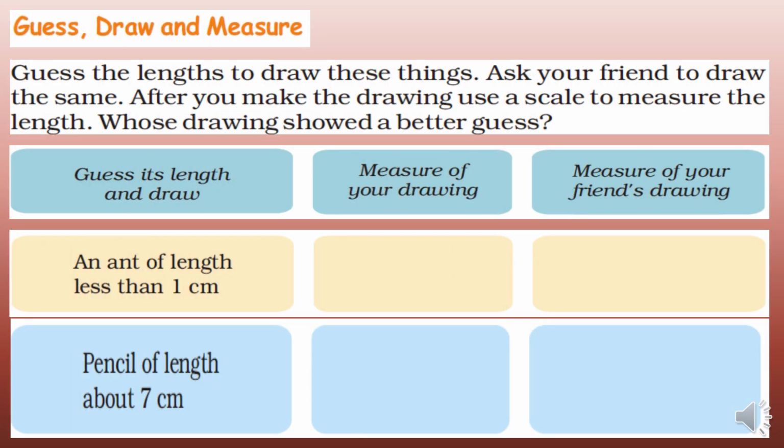Guess, draw and measure. You have to guess the length and draw these things. Ask your friends to draw the same. After you make the drawing, use a scale to measure the length, to see whose drawing showed a better guess. Right? So you have to draw an ant of length less than 1 centimeter, a pencil of length about 7 centimeter,